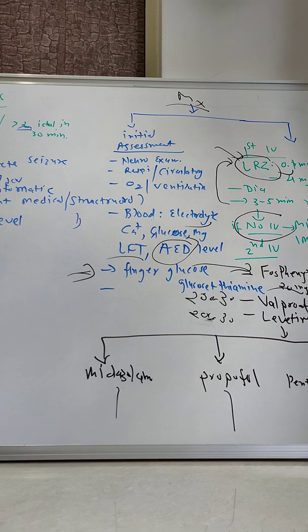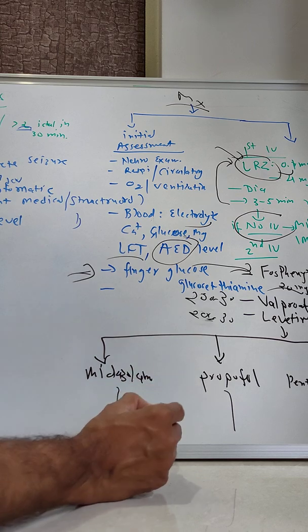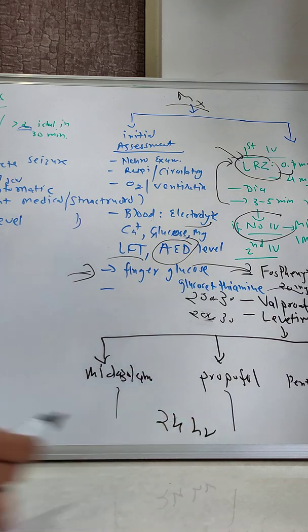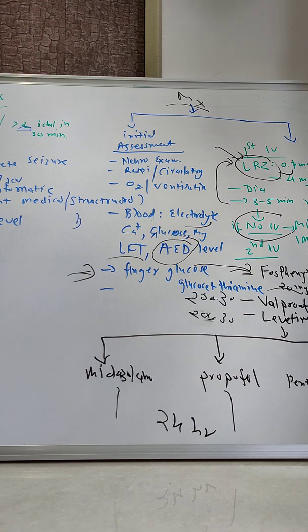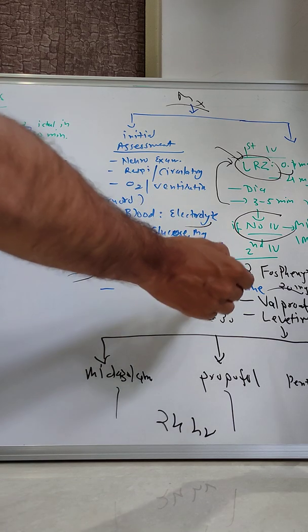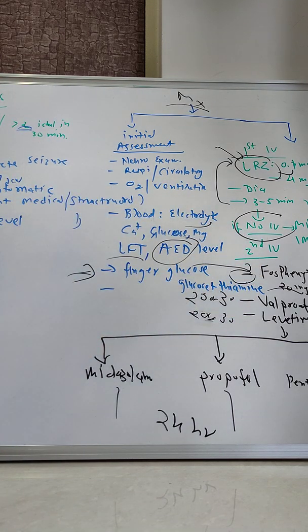These patients are maintained on ventilatory support with midazolam, propofol or pentobarbital, usually for 24 hours, and then we gradually taper it off. Once the effect of the anti-epileptic drugs has come and there are no signs of seizure activity on EEG, we gradually taper off after 24 hours and the patient continues on the anti-epileptic drugs. This is how we usually manage patients with